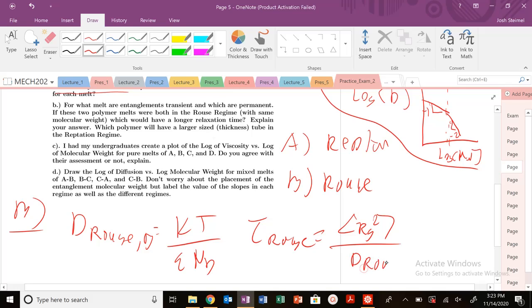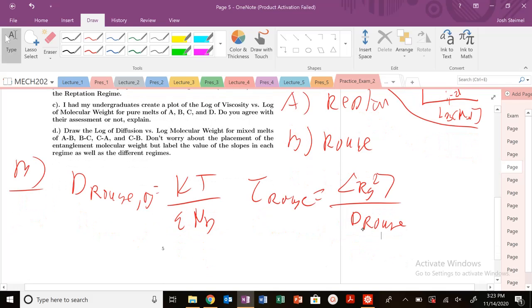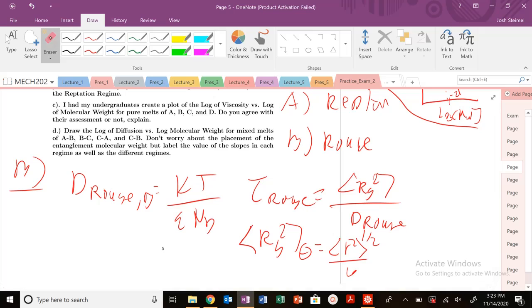Diffusivity of my Rouse. Remember, we are in the melt state, so that means we're in an ideal solvent. This is equal to R squared, not the 1/2, but just this over 6, which is going to be equal to C infinity N L squared over 6. When I do that, I need to calculate or estimate